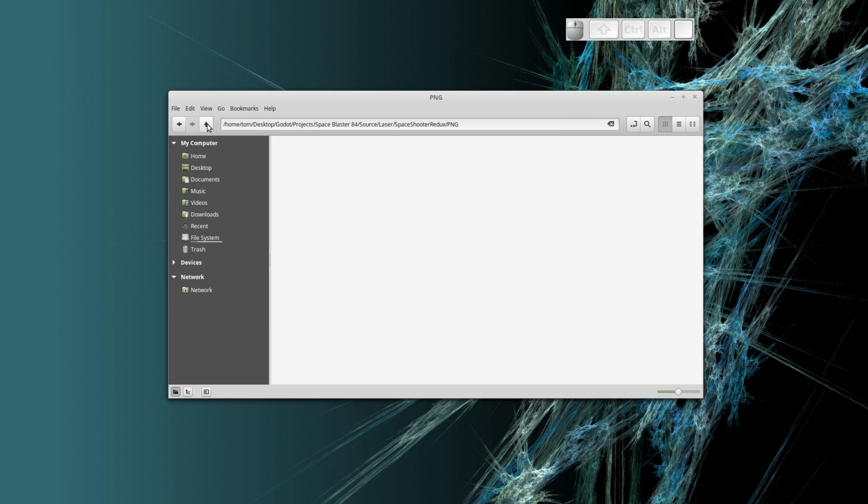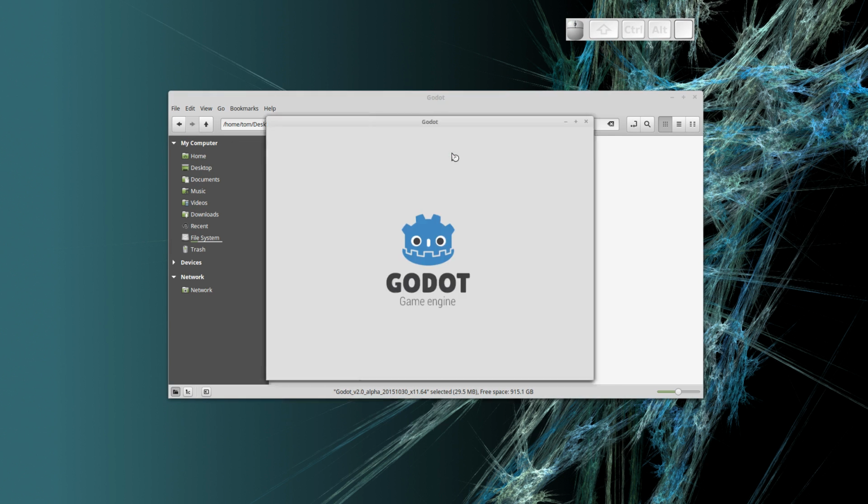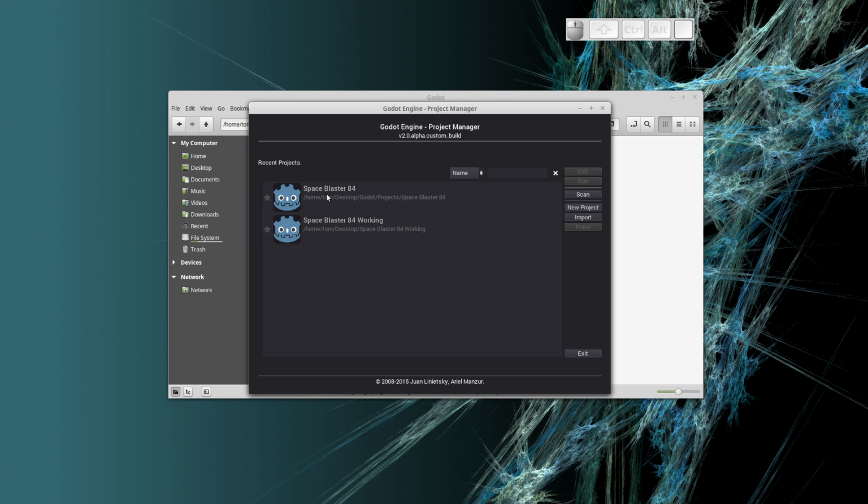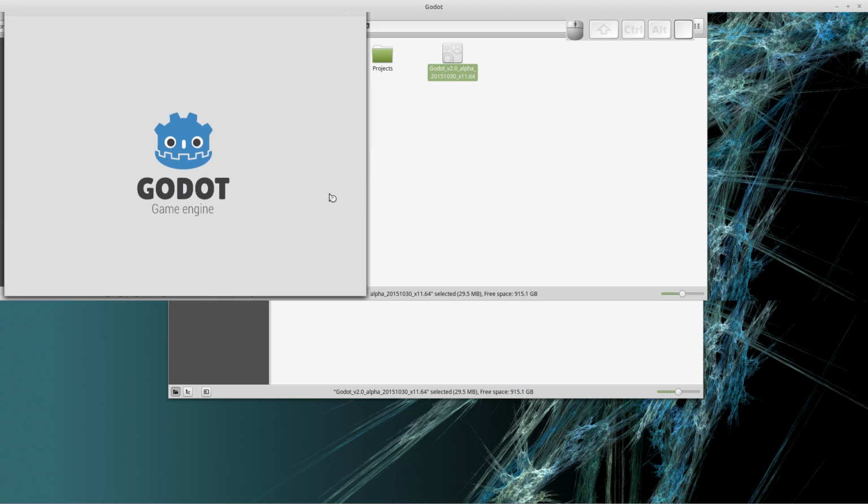Let's back up out of the source folder. There we go. Go into our laser folder and our image folder and we'll paste it in there. Okay, so we're ready to go. So let's back up and fire up the Godot engine. Now let's open our Space Blasters 84 project,